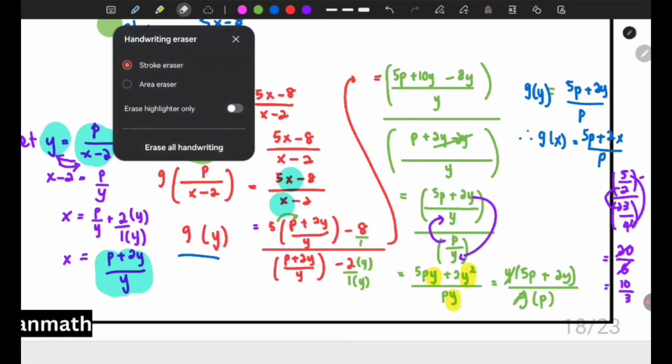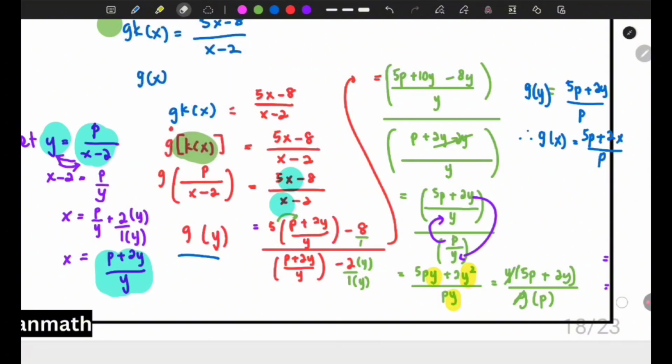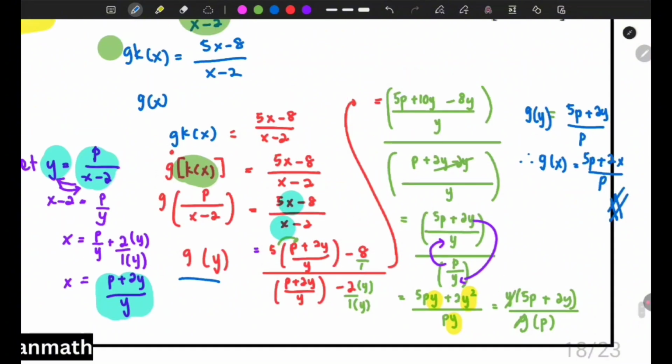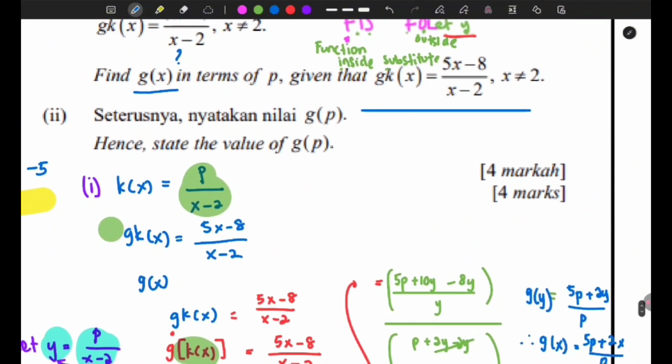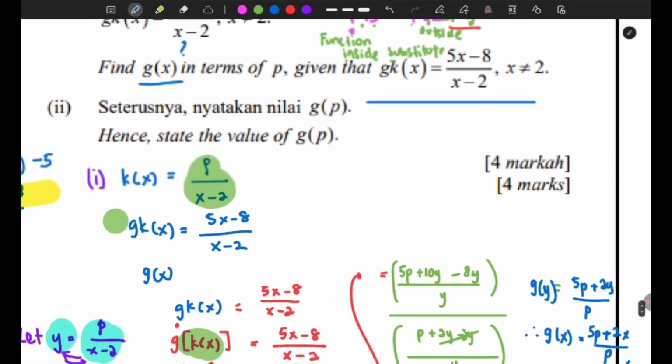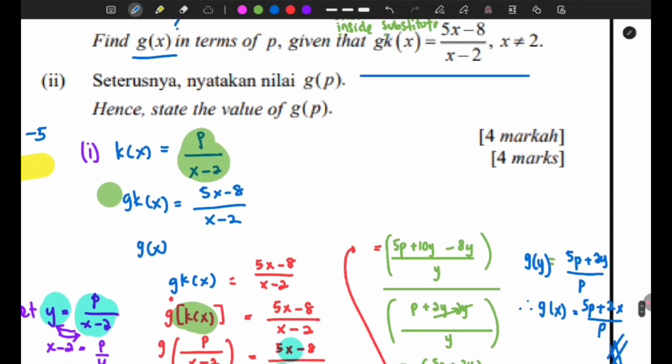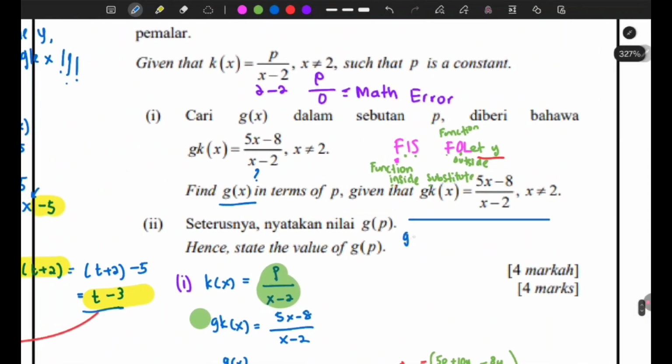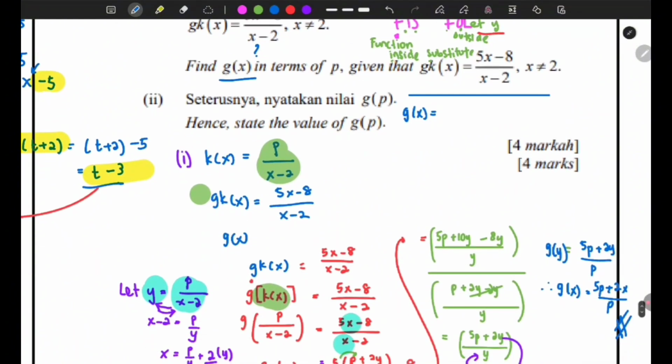And by the way, I just want to erase this thing. Done. So this is the first question, but I know it's quite long. The long one is just to simplify. Now find the value of gp. Okay, you know your gx is what? As you find 5p plus 2x over p,